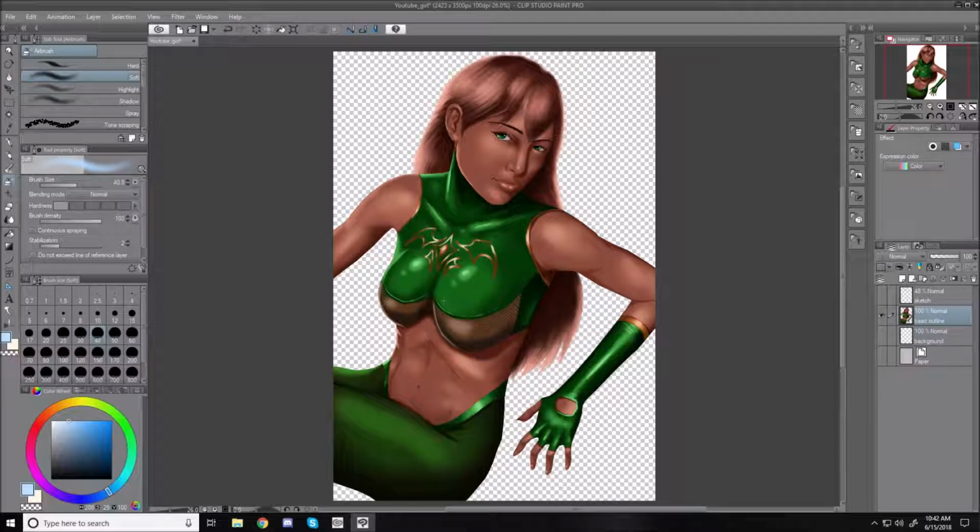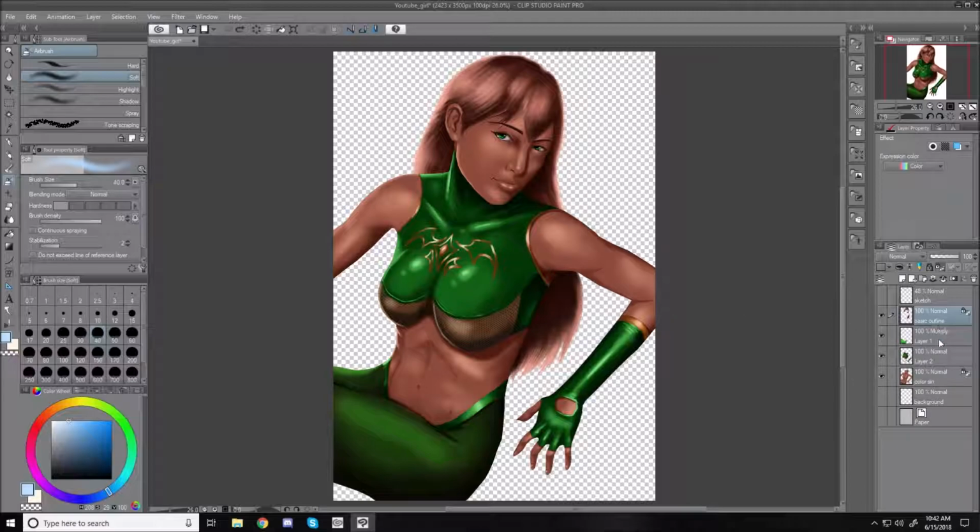sometimes when you have different kinds of layers, I'll go back and show you why we have to do it like that. See how this layer is normal and this layer is multiply? If we try to combine those layers, see how our hair messed up? That's because one of the layers is multiply. If you have different layer options on different layers, it'll mess up when you try to combine them one by one. So you have to combine them all at once so that they save their effect